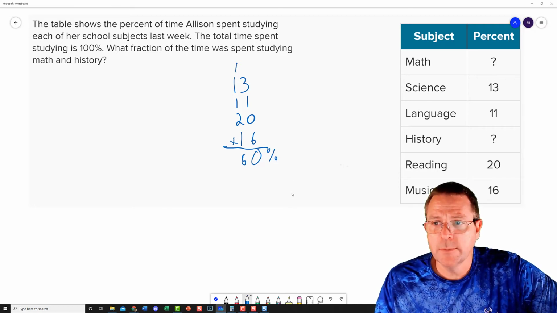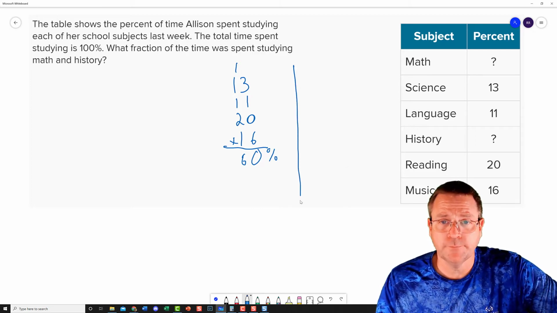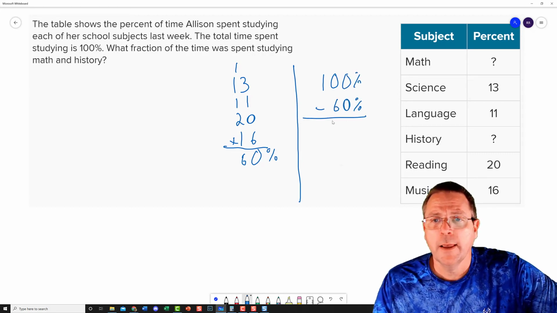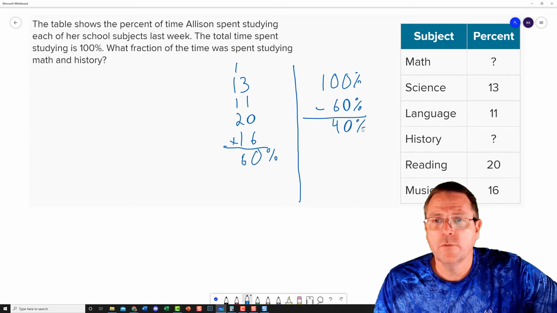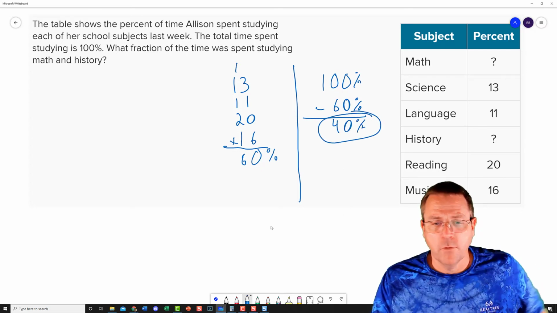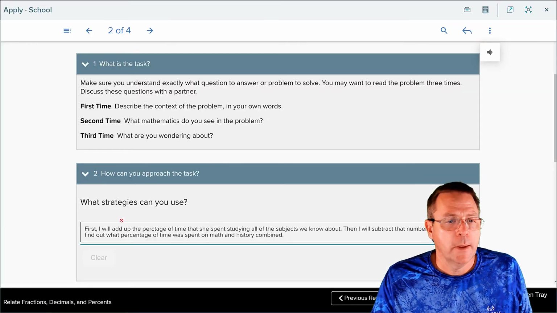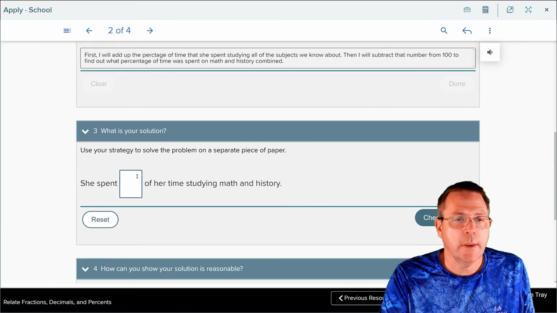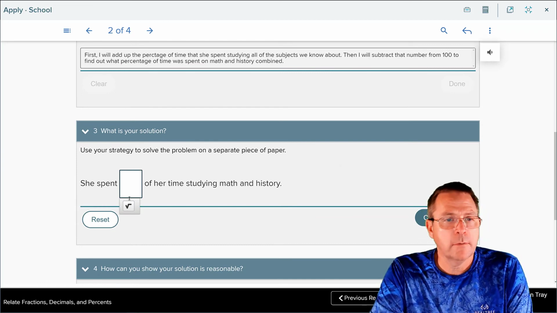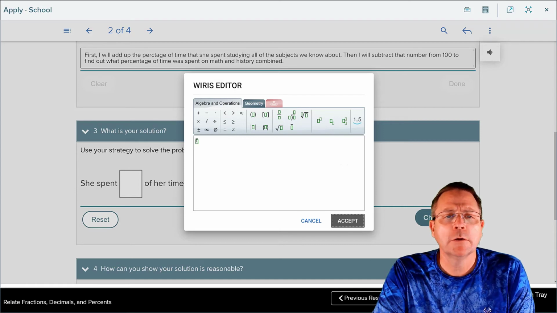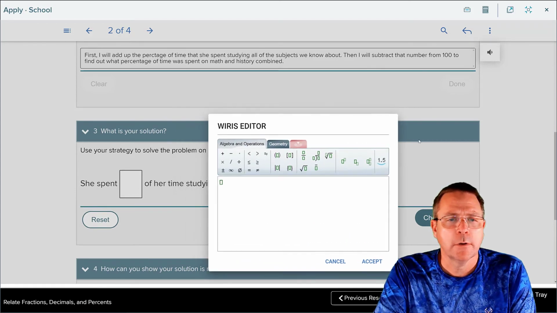Now, how much is going to be spent on math and history combined? To find that out, we're going to take 100% total. We're going to subtract the 60% from that, and that's going to tell me that those 2 subjects combined, she spent 40% of her time on. So let's go back to our problem. And in our problem, we're going to type in the 40. Oops, 40%. Let's see what it did there. She spent,